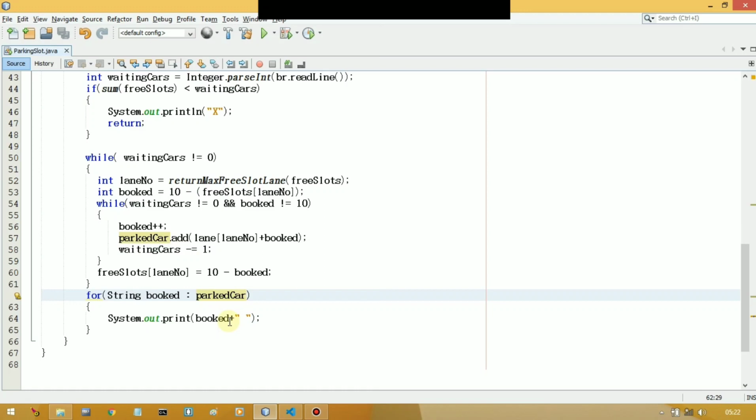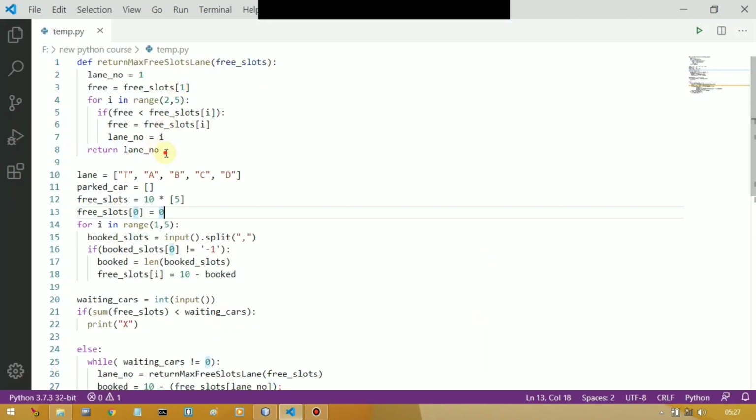Let me show the code in Python also. Come to Python, so this was the function which we were using inside the while loop for finding the lane number which has maximum free slots, and this was lane and this is parked car in which we will add every slot, and we have declared slots and at every index there will be 10 and at index 0 we initialize 0. There is no need to do this, but in my explanation I showed you free slots of 0 was 0, so that is why I am initializing it with 0.